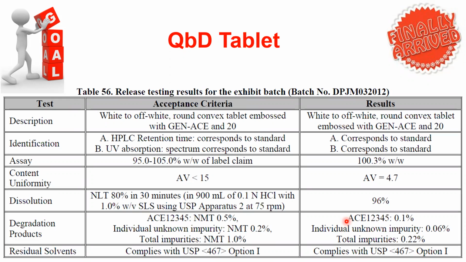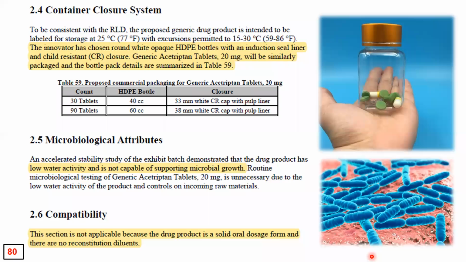If you see the stress conditions, they came to know acetyltryptan may be degraded by dry heat, and may be degraded by hydrolytic reactions or whatever, and they have prevented this by using roller compaction, the dry granulation, so that they did not get degradation. Whatever you do, 0.1% or 0.2% is common, but you can see they're almost negligible when compared to the limits prescribed by the pharmacopoeia. Similarly, residual solvents at the beginning of the stage itself we have isolated, so it complies with the USP.